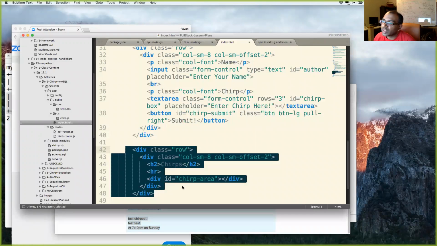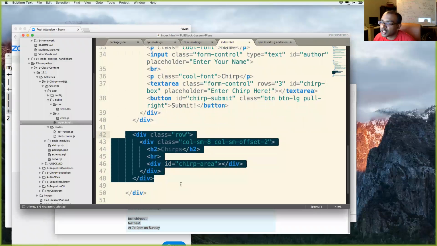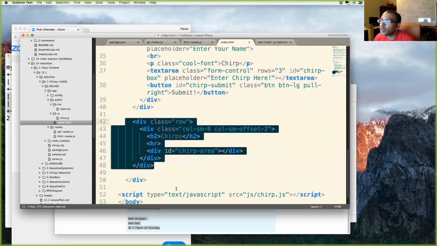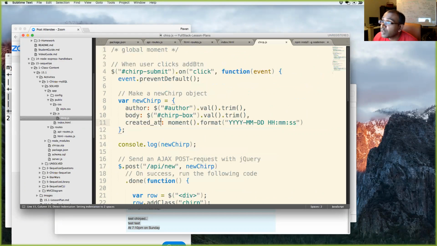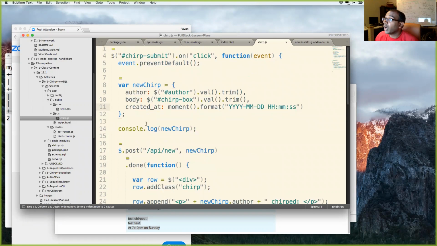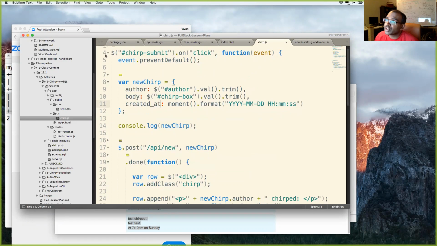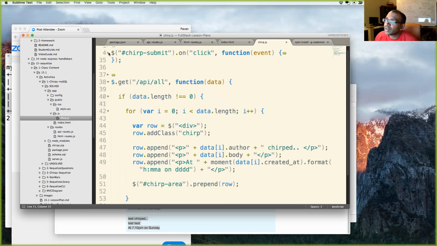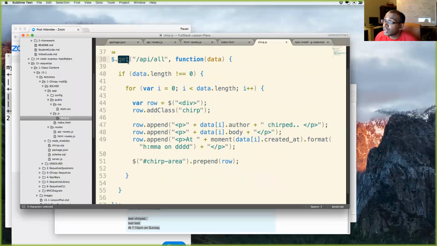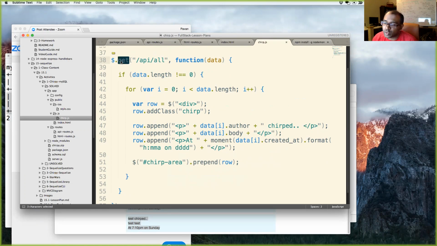How are we loading it? We don't see any handlebars, or each. We don't see a for loop. We don't see anything. How are we doing it? Using Ajax. Exactly. We're using Ajax. So if I open up chirp.js, we can see the Ajax that we're using. We have an on click over here. I'm going to compress this real quick with this arrow. Now we have a get request right here. The get function in jQuery is similar to Ajax. It runs an Ajax query with the get method.